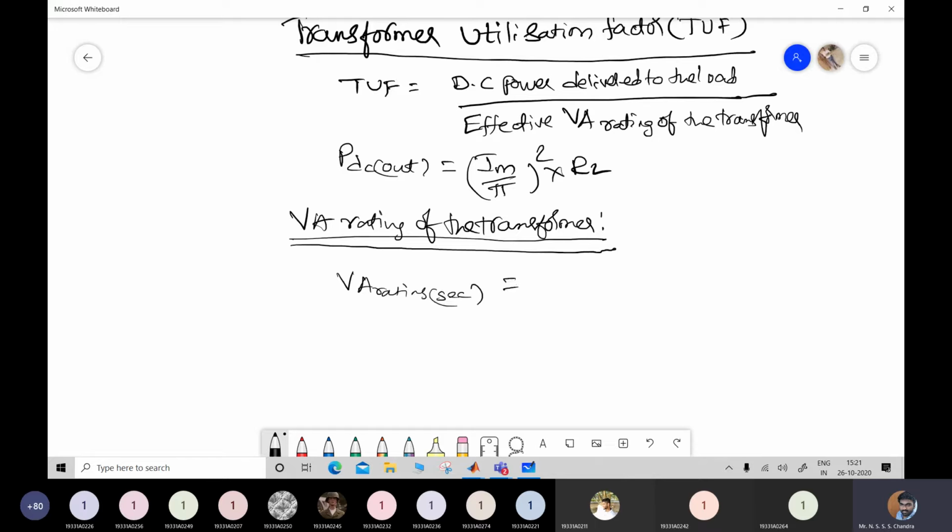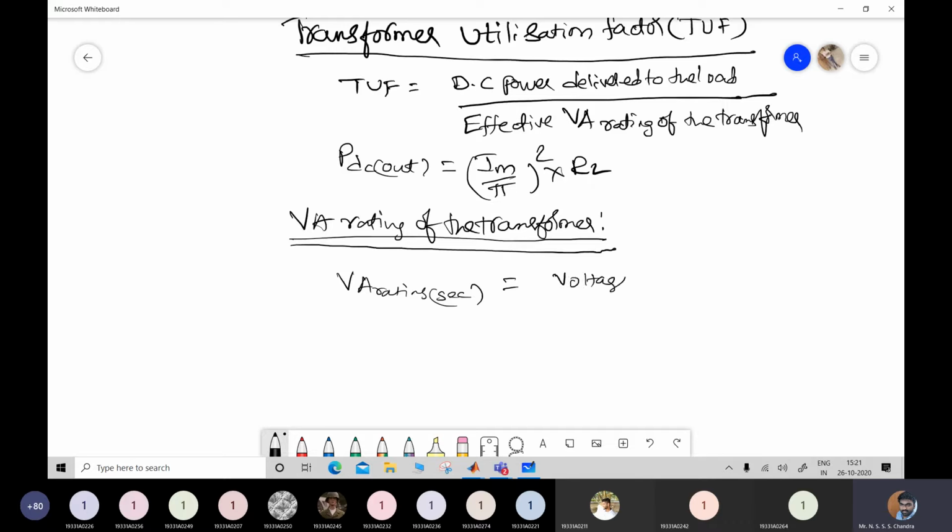Initially we'll consider that the turns ratio is 1:1. For convenience of the derivation, we are not taking n:1 as the transformer ratio; instead, we are considering only 1:1. So here the VA rating will be equal to